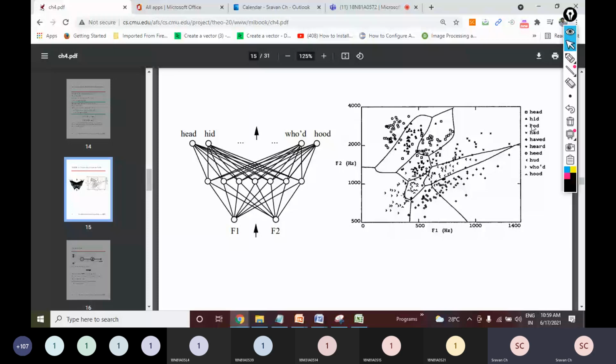The audio signals are input to the network, and the network is supposed to predict the word, and the possible predictions are 1, 2, 3, 4, 5, 6, 7, 8, 9, 10. So there are 10 different possible words that can come, and my input is an audio signal with two different frequencies, F1 and F2. So by looking at these two audio signals, I need to predict what is the word. So this is a speech recognition application, my dear friends.